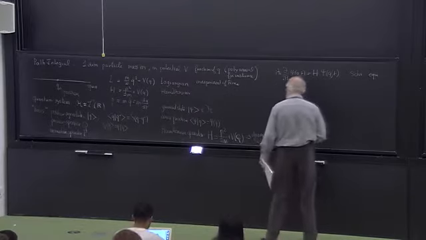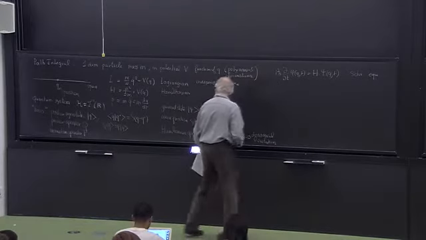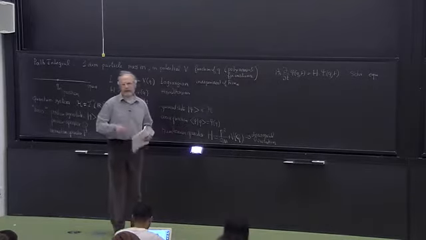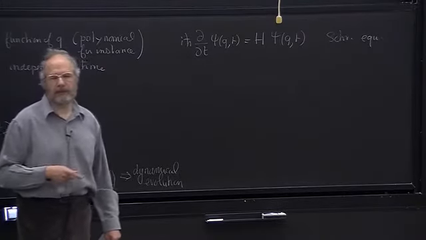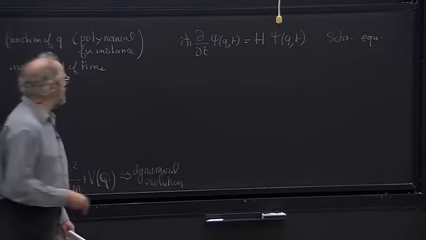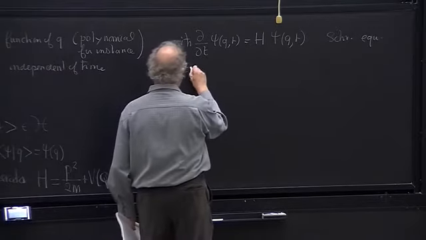The time evolution can be formulated in terms of an object which is called the evolution operator. And I think you have seen that many times, especially in the quantum mechanics course. So you have the evolution operator,